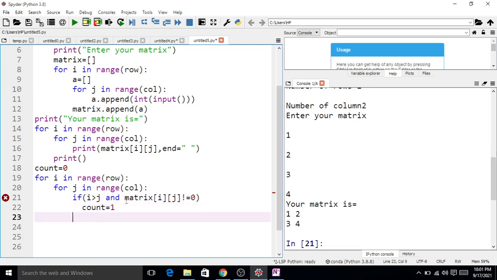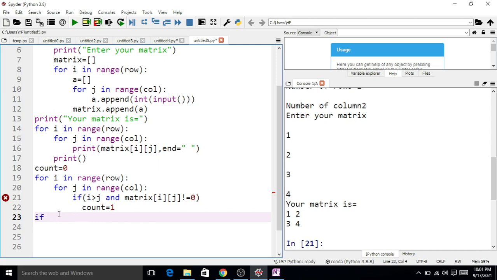Means if a single entry below the main diagonal is not equal to 0, then count is equal to 1, otherwise your count is equal to 0.